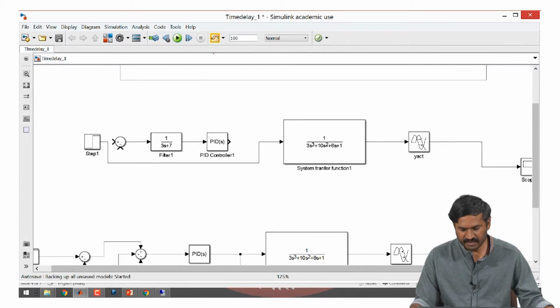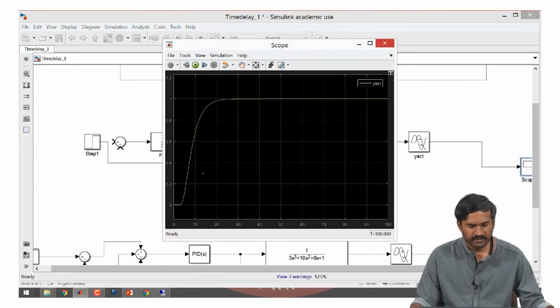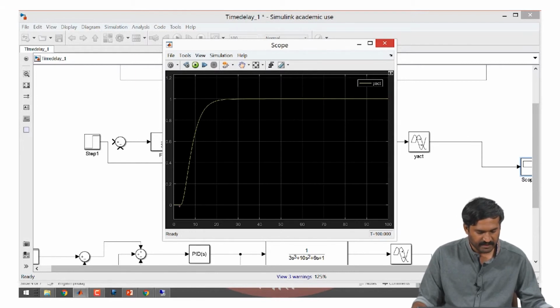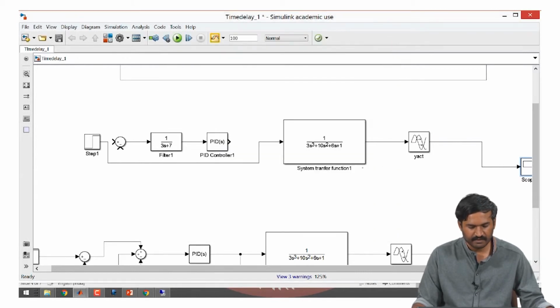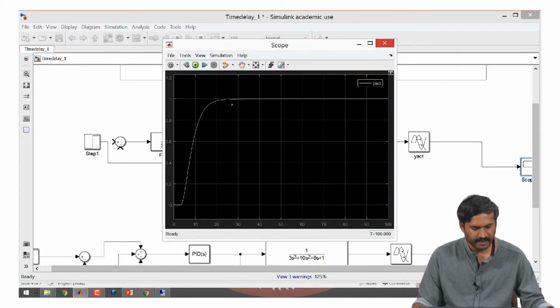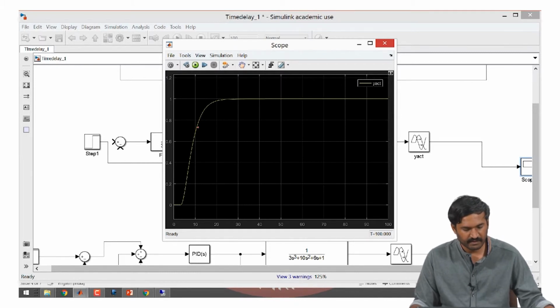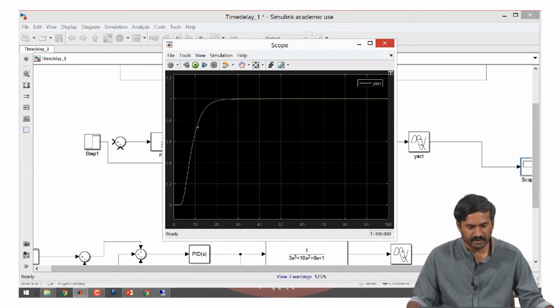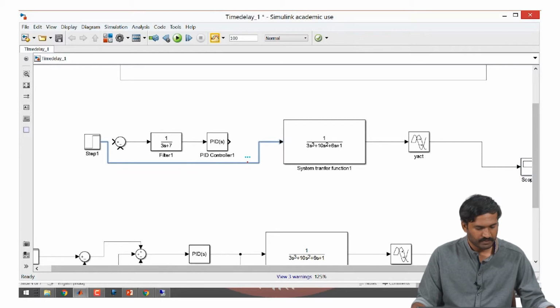Let us run the simulation and see how the output works. So, this is the output response. As you can see, there is a considerable delay initially, and we can see that the process is taking at least like 12 seconds to reach the tau, which is the time constant of the process.